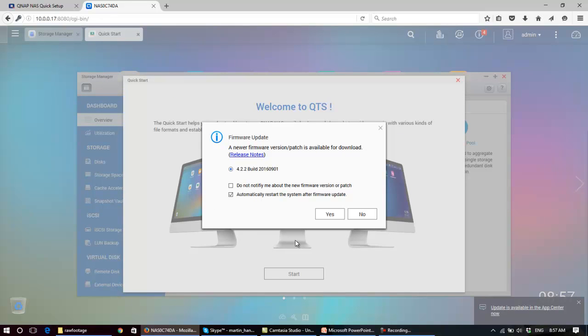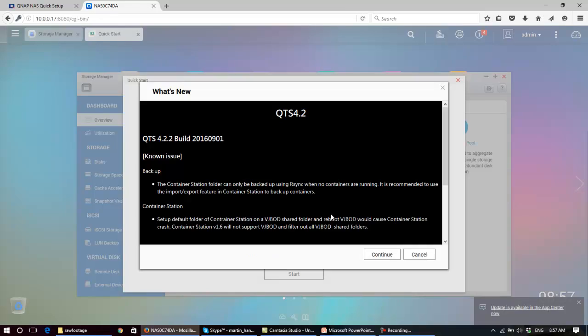First thing it asks you for is, do you want to download the latest version of the firmware? You would always say yes, especially in a new installation. You want the NAS to have the very latest firmware. As I mentioned in an earlier video section, the installation of the NAS in the first place uses the standard firmware that's shipped with the box. This firmware that ships with the box could be at any version, but you should always take the option to upgrade to the latest version, which is going to be downloaded from the internet. So we'll say yes to that and continue,